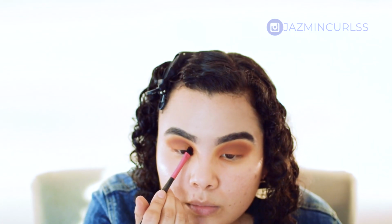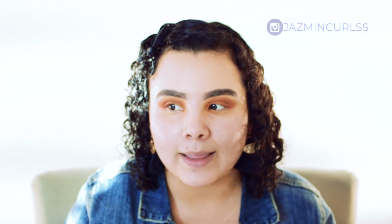Alright, I'm just gonna spray my brush again with that primer water. Oh, and I sprayed it all over my palette. But I'm gonna go in with Edge again, which was that mustard color that I was using at the beginning. And I'm gonna use my damp brush to go in and add a yellow. And you know what? It's not really picking up. So I think what I'm gonna do instead is use a highlighter that's kind of yellow goldeny, and I'm gonna do it in the inner corners so that it really pops,